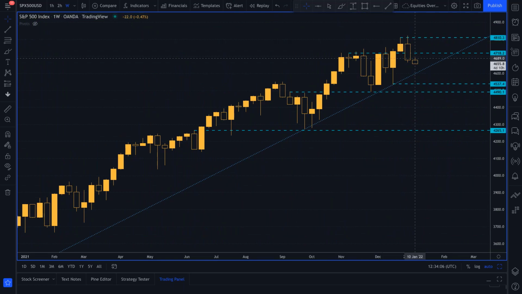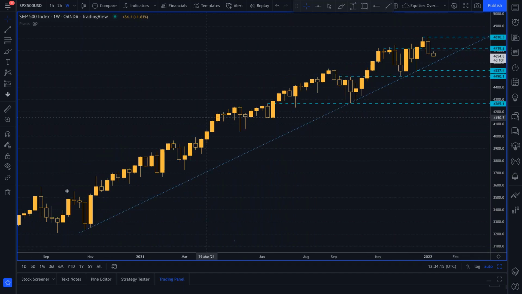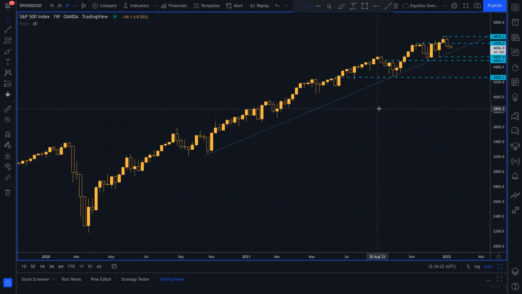Look, that's a bearish engulfing bar. It wouldn't be unreasonable to see a move down from market prices down to that sort of 4609 region. Wouldn't be unreasonable to expect that. If we just take a look here, 1, 2, 3, 4 touches, that's a trend line. This upside trend line is still in place.